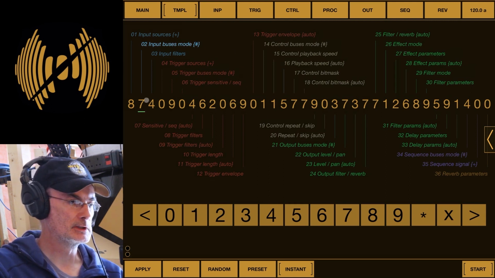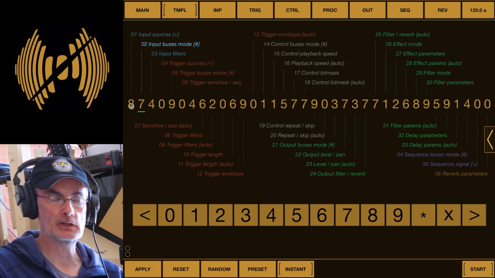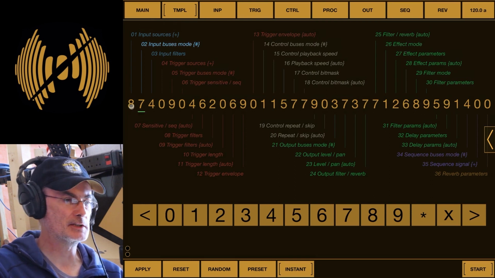What you have to do, and what we will do, is put this very first number on the left to, well, in this case 8, which is the number of sound sources we're going to use. Can't see any other way to do that. But beyond that you can absolutely ignore everything else on this page,